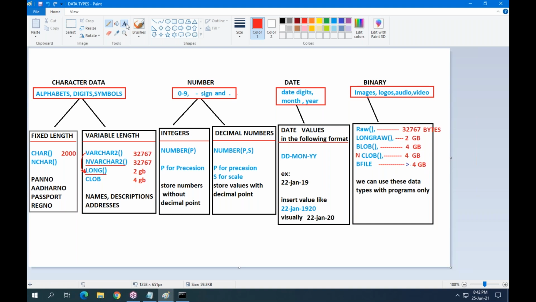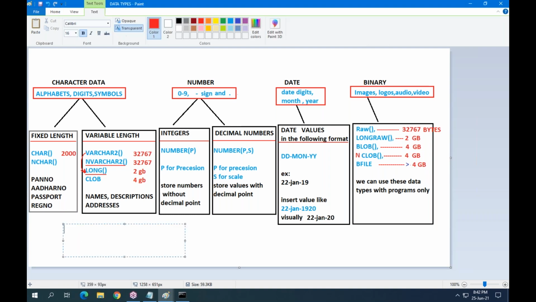See guys, before Oracle 12c, varchar2 maximum size is 4000 bytes or 4000 characters. 1 byte means 1 character. Okay, fine.